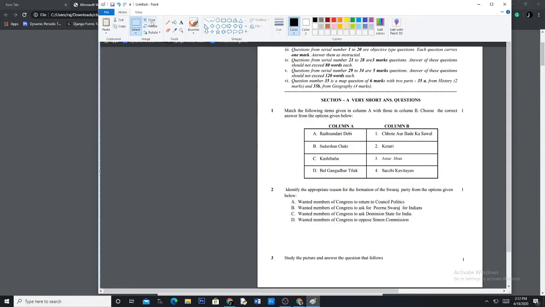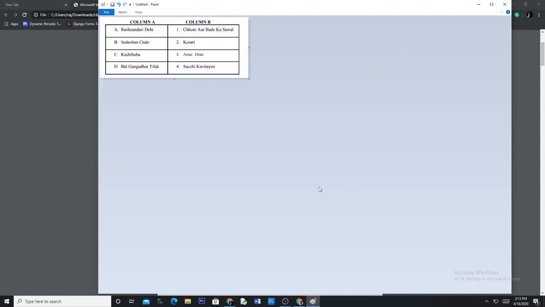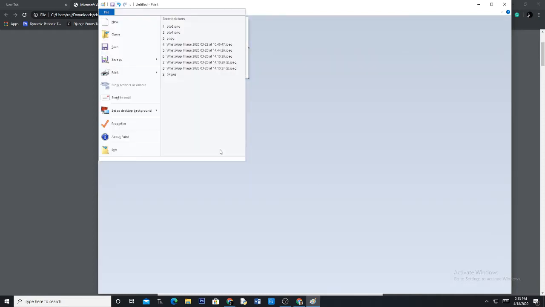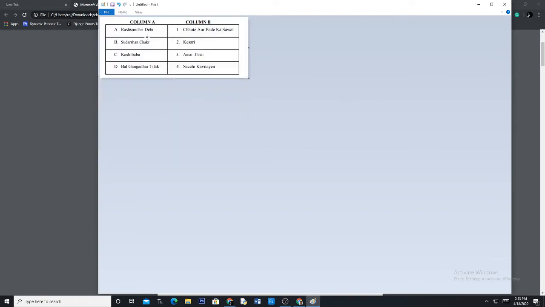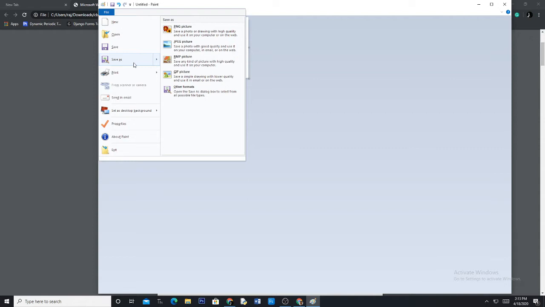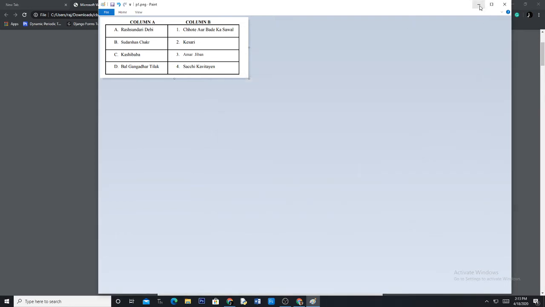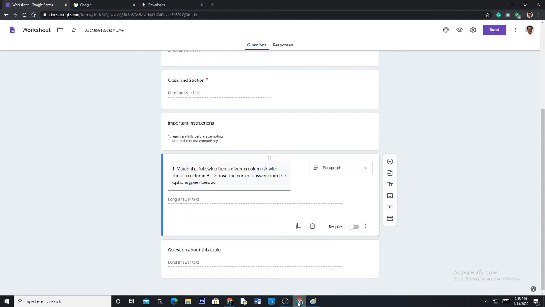From here I'll pick up this part, because I want to insert an image. I'll pick up this, and then I say crop. So only this part, fine. Now from here I say copy, or you save it. I save this image on the desktop, giving it the name p1.jpg. See where it is getting saved, p1 inside desktop. Okay, I save it.